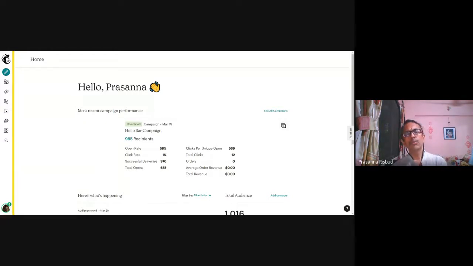Now through MailChimp, you can send emails which will be shown as being sent through your regular email address. Anyone replying to that email, it will be going to your regular email only.